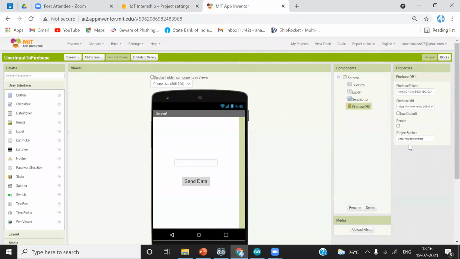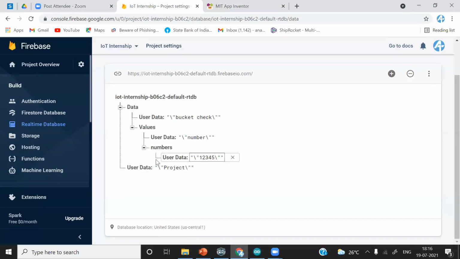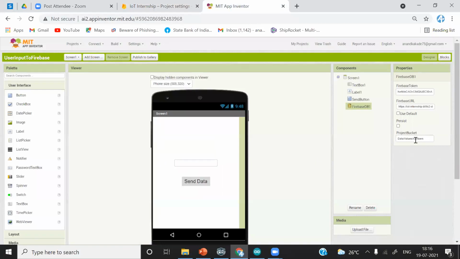So whenever we add any directory, with forward slashes, we are creating root branches and sub-root branches. At the end branch, the lowest branch, the application will work. It means all the fields under numbers will be accessible to our app. All other roots or branches will not be available. The app only works at this level, the number level, which is the last. So keep this in mind.